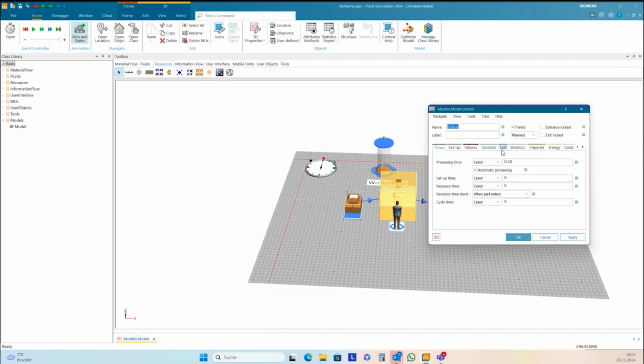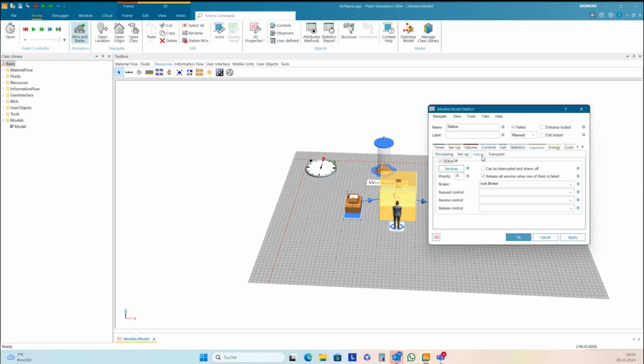First step: the failure importer needs to have a higher priority. The basic setting for the priority is 0. I set it to 10, for instance. This is the first setting we have to do. And the second setting is in the processing importer, where we have to activate can be interrupted and thrown off.